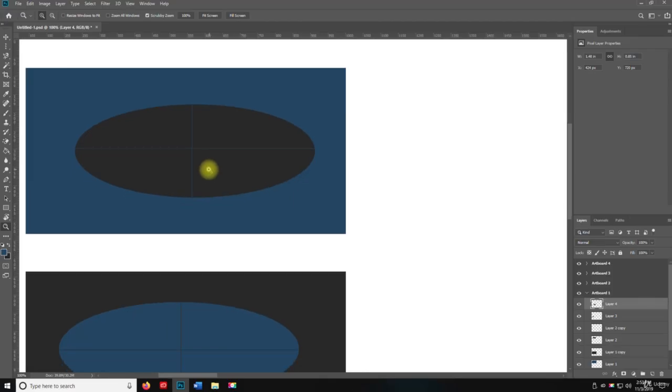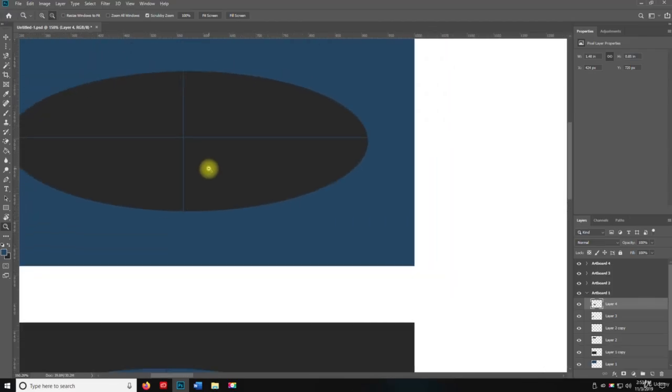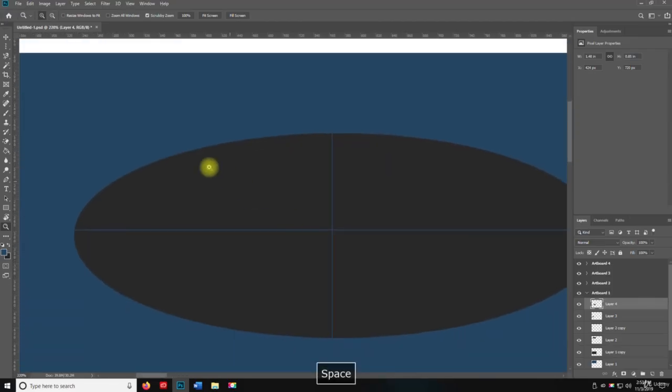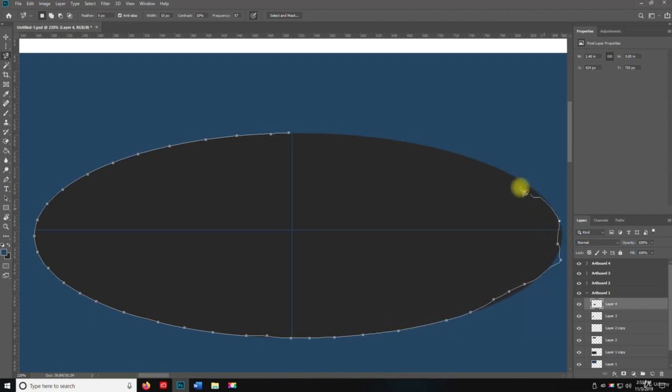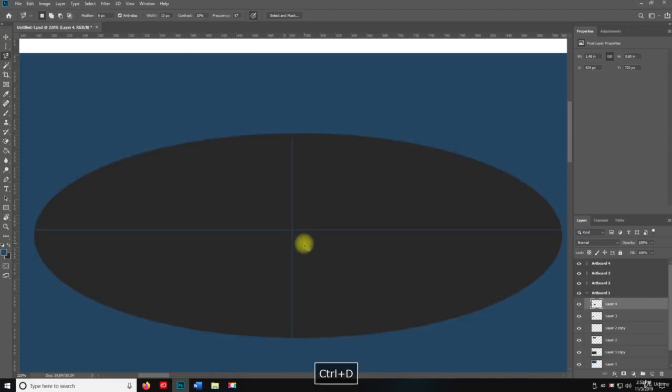Let's try it one more time here. It does take some practice to get used to it. It's not exactly where I want it, but that's all right. You get the idea. That's the whole point of this, is just to show you how the tools work so that you can utilize them for your projects